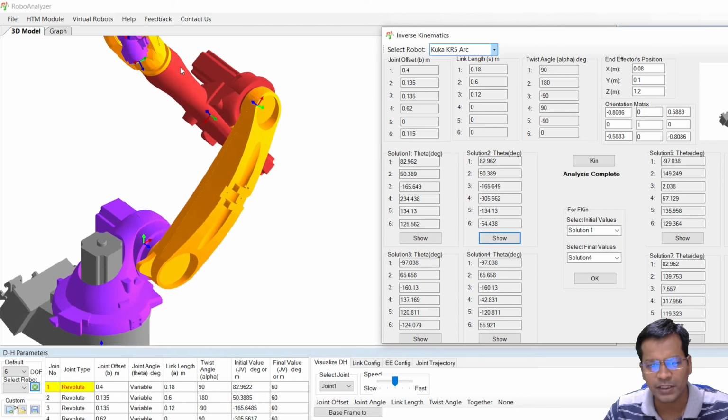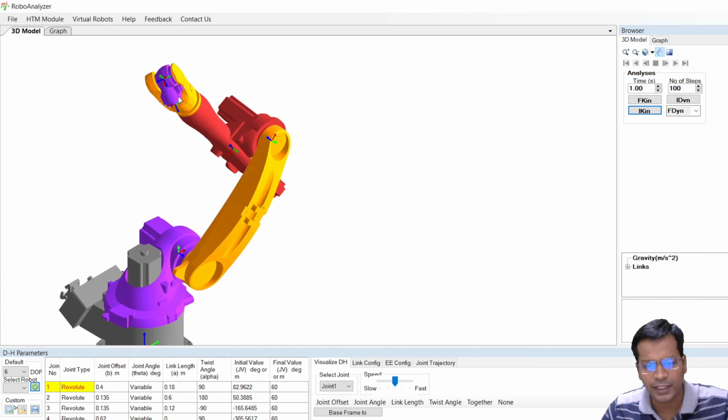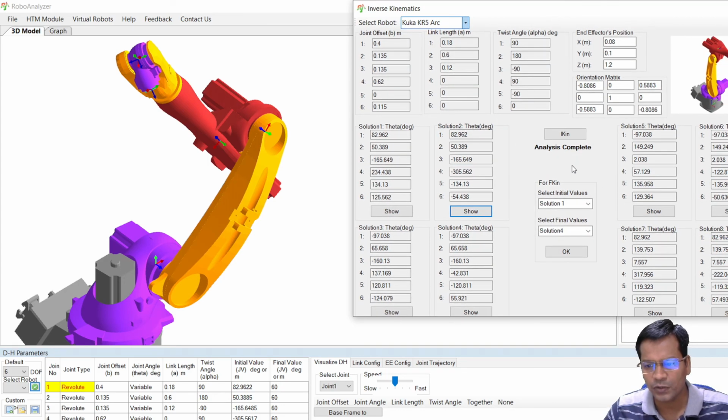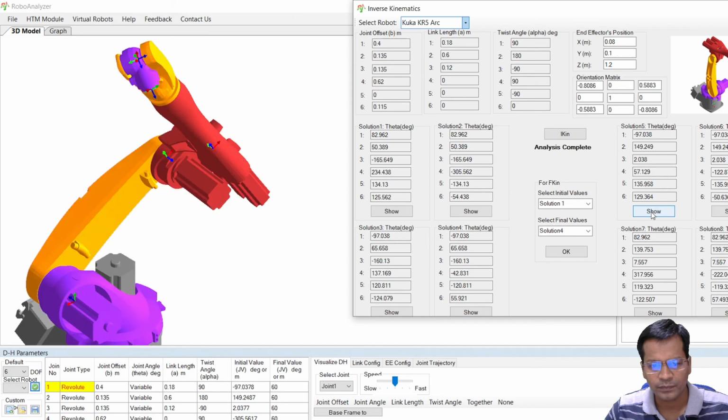So one of the frames is just changing, you see. You are at the same wrist center point, but the wrist solution is changing. The first 3 links are not changing. So these are the 2 solutions, two different wrist solutions. Now this is one of the solutions. Maybe it is elbow up. Again you have 2 solutions for the wrist. For each position you have wrist solution 1 and 2.